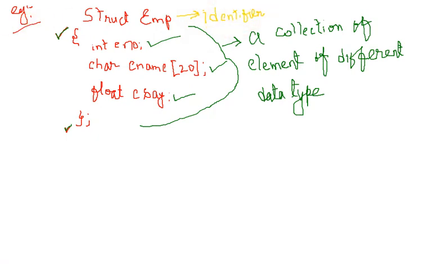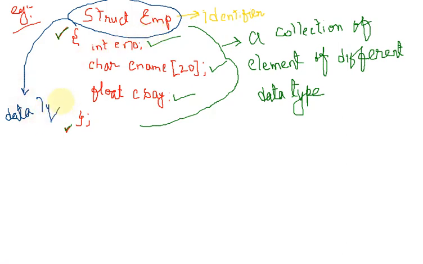And if you are talking about the whole struct emp, what is this struct emp? This is nothing except a data type. So combined, both names, struct and emp, are the data type. Do not confuse here: both names, struct emp, is a data type, and only emp is an identifier, identifying the name of a structure. emp is the name of your structure.